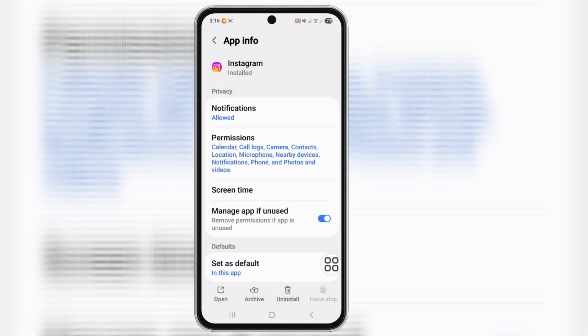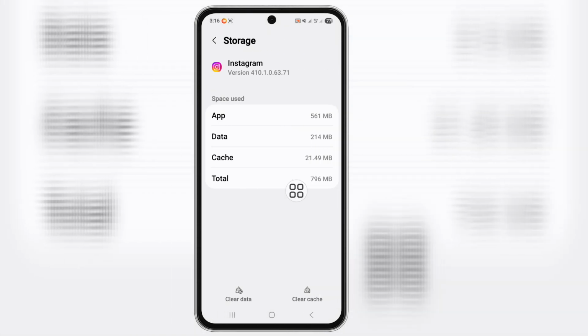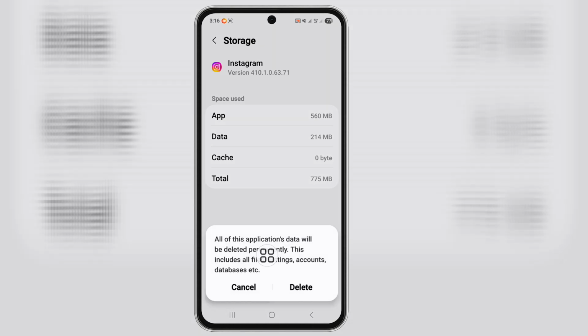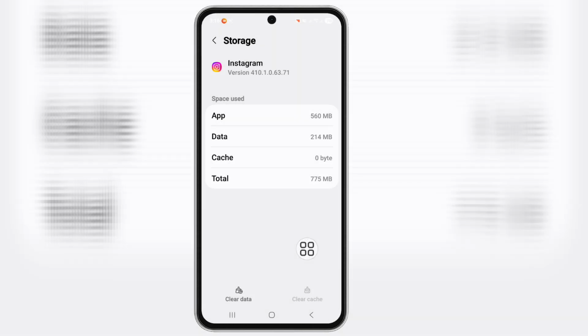Okay, scroll down. Now click on the storage option. Now click on the clear cache and click on the clear data. Now click on the delete data. Okay, back